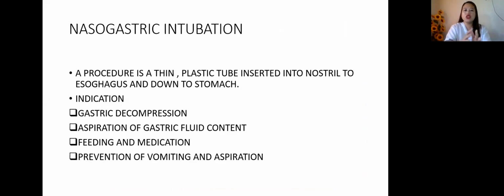So this nasogastric intubation is a procedure where you insert a thin plastic tube into a nostril, through the esophagus to the stomach. And before that, we need to know the indications for inserting the nasogastric tube. So we need to know the gastric decompression, aspiration of gastric fluid content, feeding and medication, then prevention of vomiting